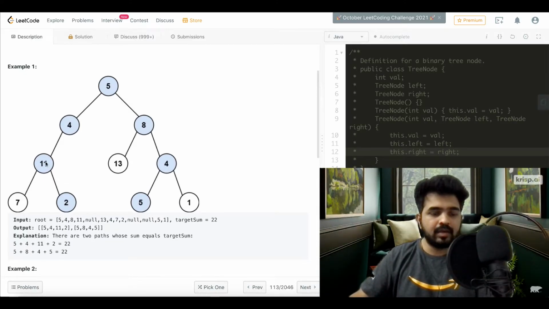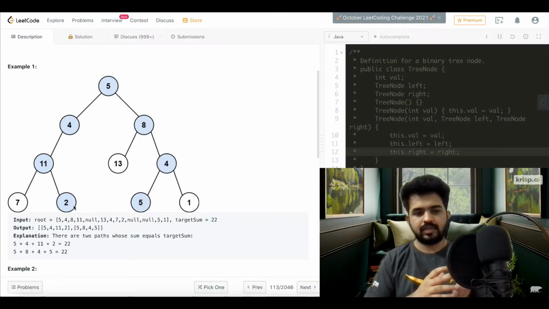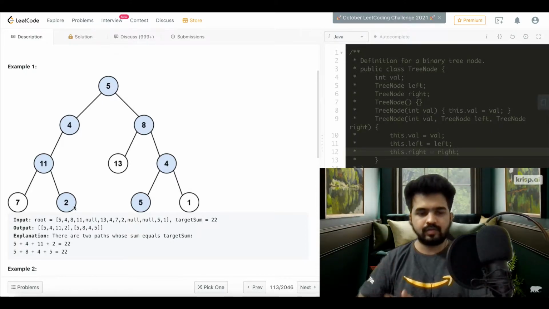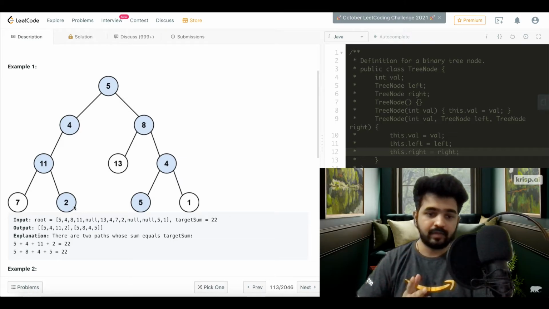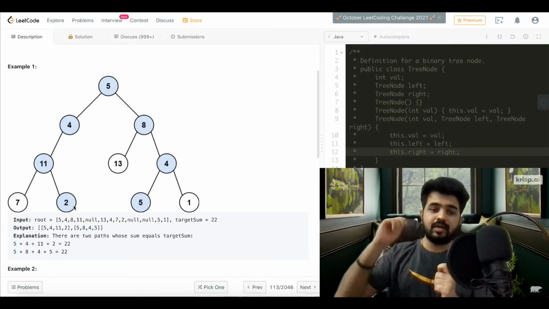Then we make another recursive call and we reach 2. First we'll go to the 7, but we know from this example that it will not be equal to the target sum. So we go to the right node whose value is 2, and we check if it's a leaf node. Both the children of 2 are null, so it's a leaf node, and we need to check if the value of this node is equal to the target value.